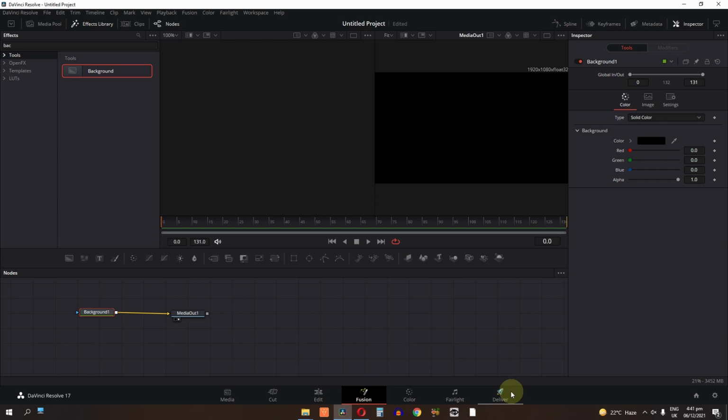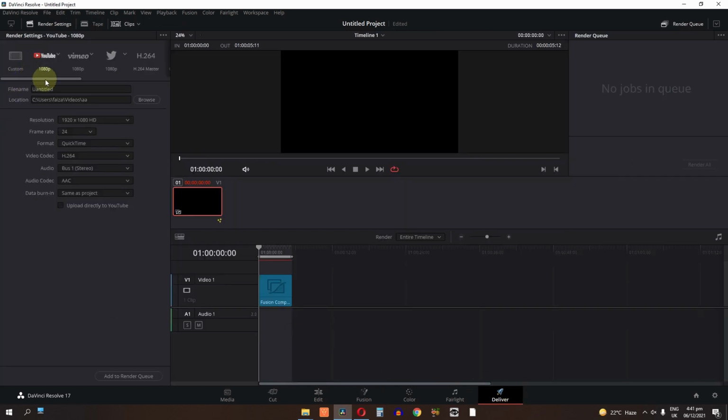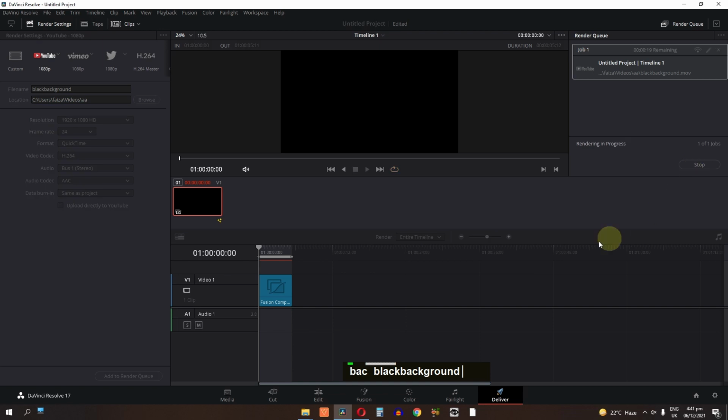Now go to the deliver page and you can select one setting from one of these settings. I'm going to select YouTube 1080p, change this to black background. Now click on this add to render queue button, select this job and click on this render all button, and it will render a black background.